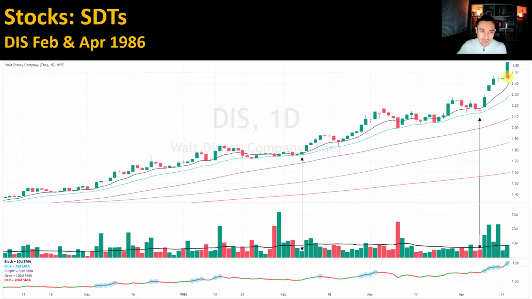Was it flags, cup and handles, pennants, wedges? Where did they find support? Where did the stock tend to bounce off of? What moving averages are important? When the stock got to those moving averages, what type of candlesticks did you see? I'm telling you the ones that I think I see a lot: shakeout demand tails, gap down reverse bars, trigger bars. It's those three. Now there are variations of shakeout demand tails and gap down reverse bars,